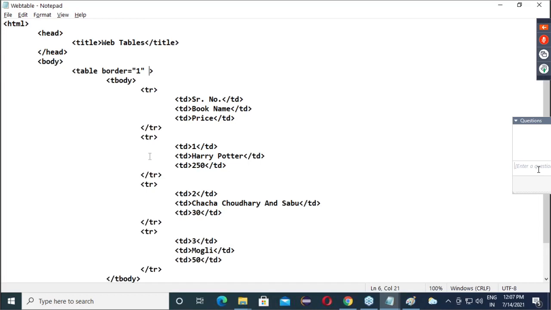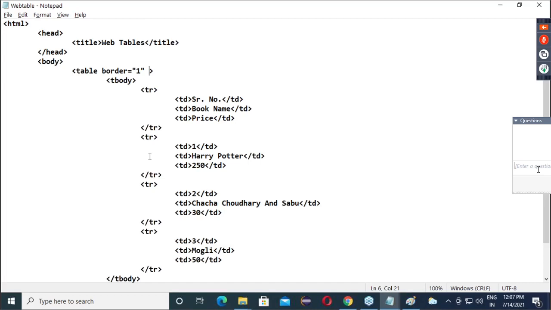First layer will be table, then T body, then TR, and then TD. Get the point? Table, T body, TR, TD. TD is the place where our actual data is available. TR means table row.